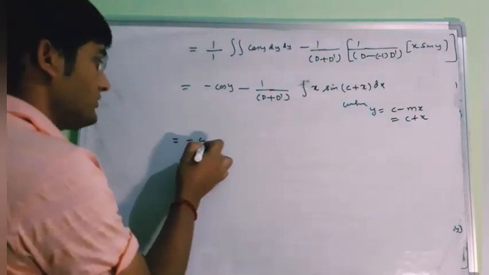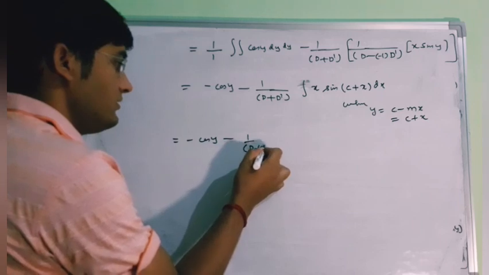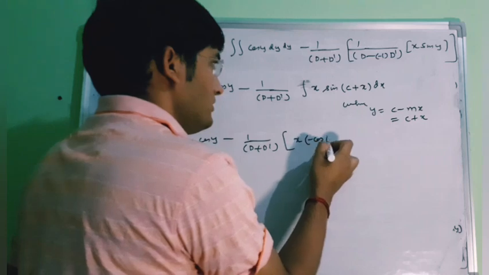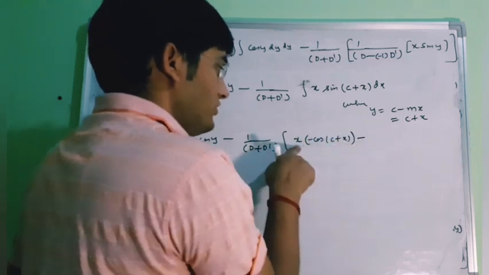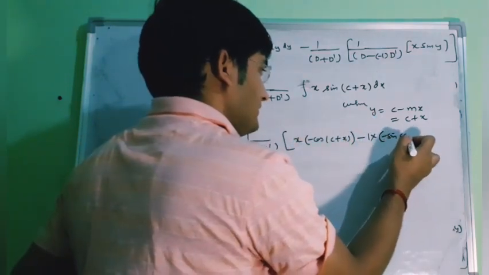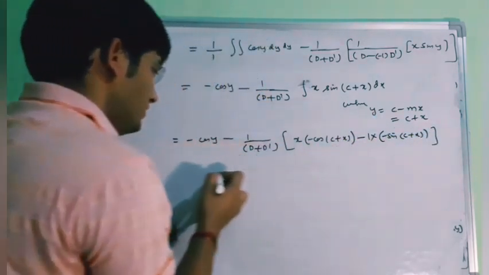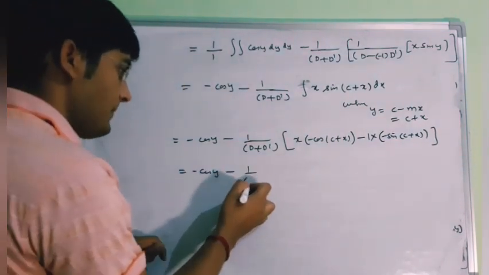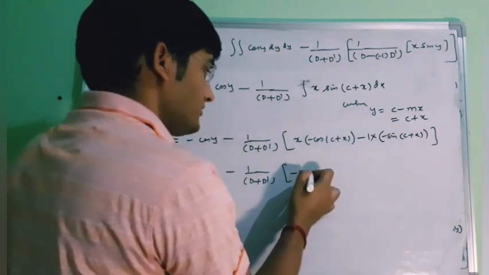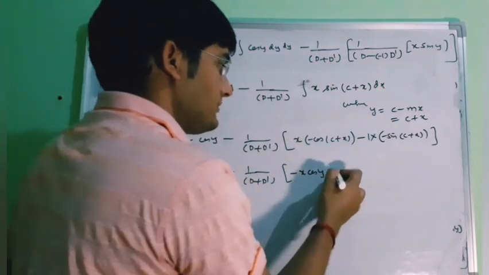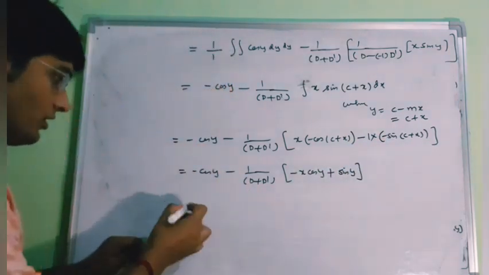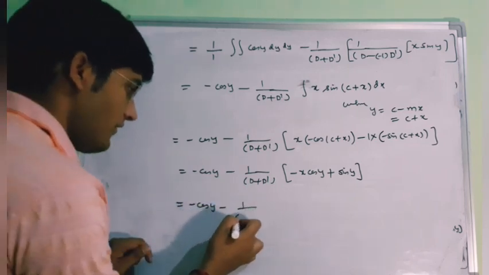And this is equal to minus cos y 1 upon d plus d dash, and then integration of this will be x, integration of sin will be minus cos, then we will have minus sign, differentiation of x will be 1, and then the integration of this bracket will be minus sign c plus x. So let us replace our c plus x by y. So this will be minus x cos y, and here we will have minus minus plus, and this is your y. So we will get sin y. Now again using the same formula,